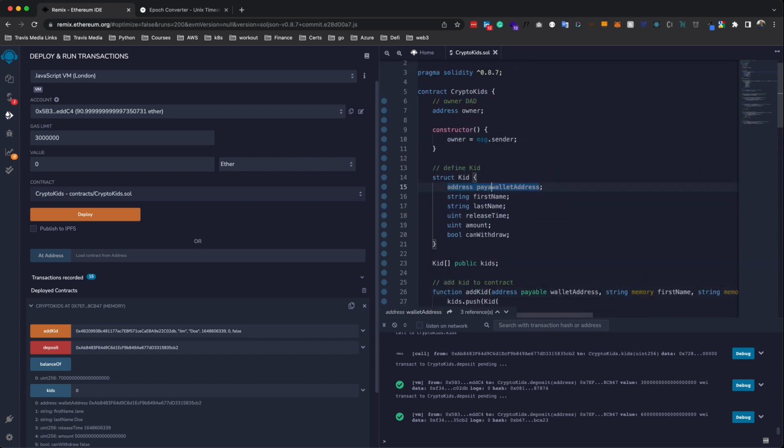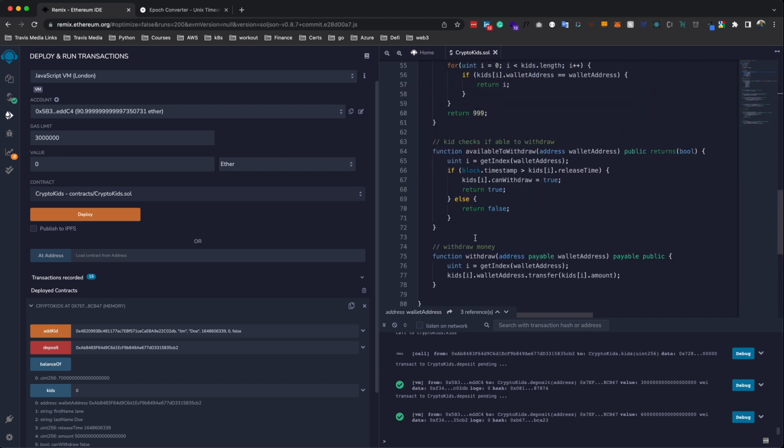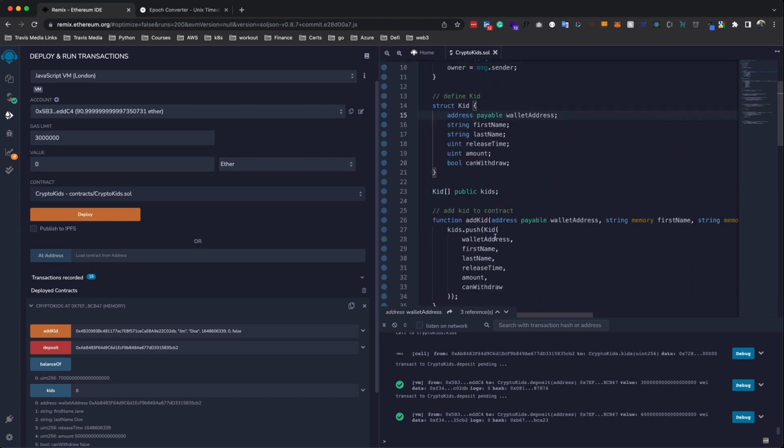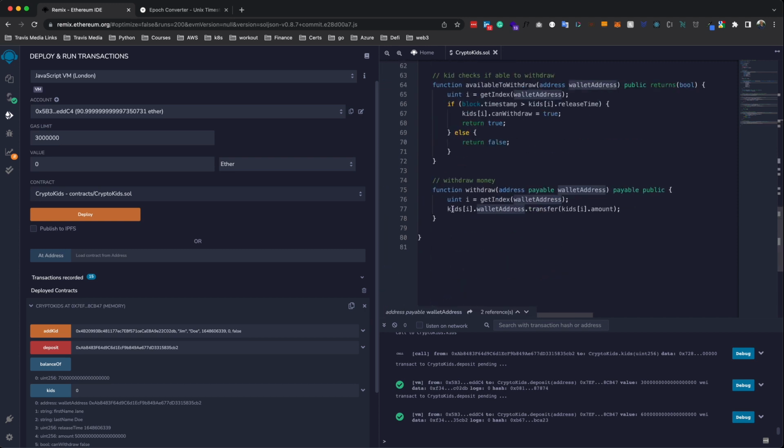The address on the kid actually needs to be payable. Yeah, that was it. So I don't think we need to set it here. Yeah, we do. So we need to set payable for the actual struct withdraw wallet address, and also the payable at the add kid. When we add the kid, we need to make sure that wallet address is payable also,